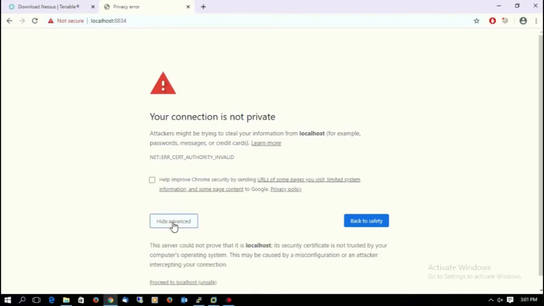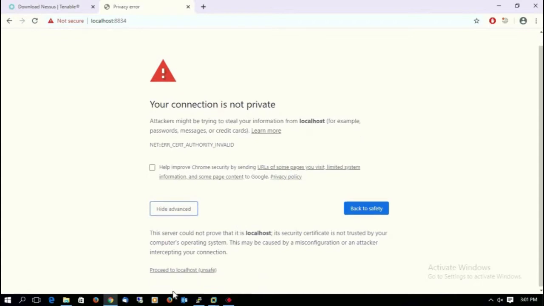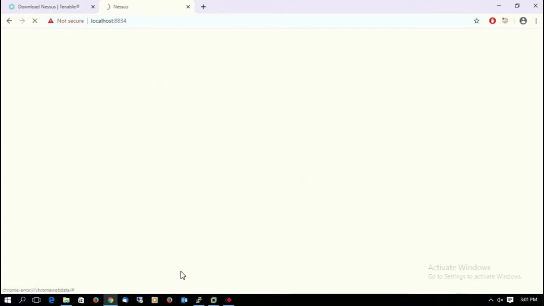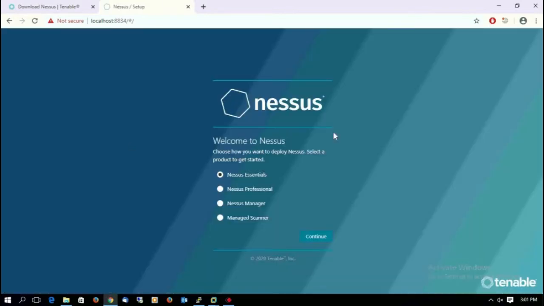So you can proceed like this. Go to Advanced and proceed to localhost like this. So you will be getting to this page. Since we are using the free version, it is Nessus Essentials. Select this,